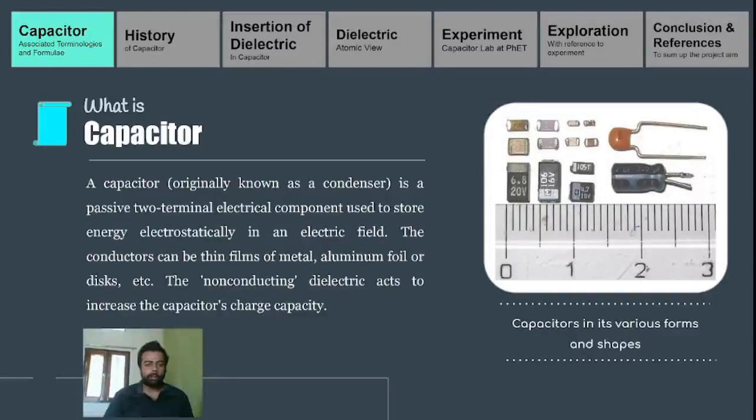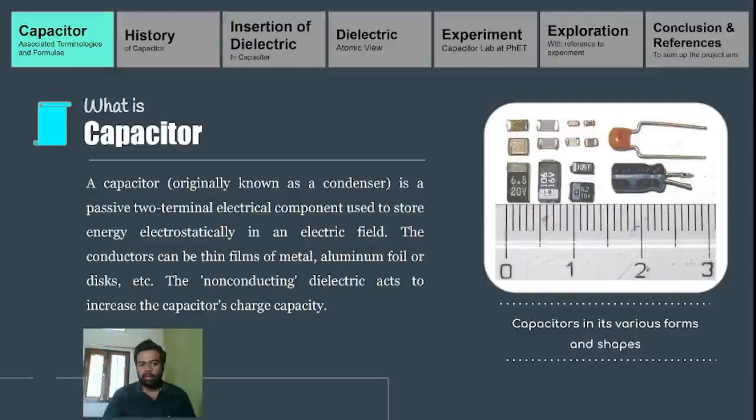So what is a capacitor? As you can see from the pictorial diagram, it has two legs, meaning it is a two terminal device. In our local language we also call it a condenser, because the very word capacitor gives us the intuition that it stores something, a capacity to store. In technical terms, a capacitor is a device that stores electrostatic energy. It basically stores electrical energy and gives a sudden burst of electrical energy. We use it in fans and various electrical equipment to give a sudden burst of energy.